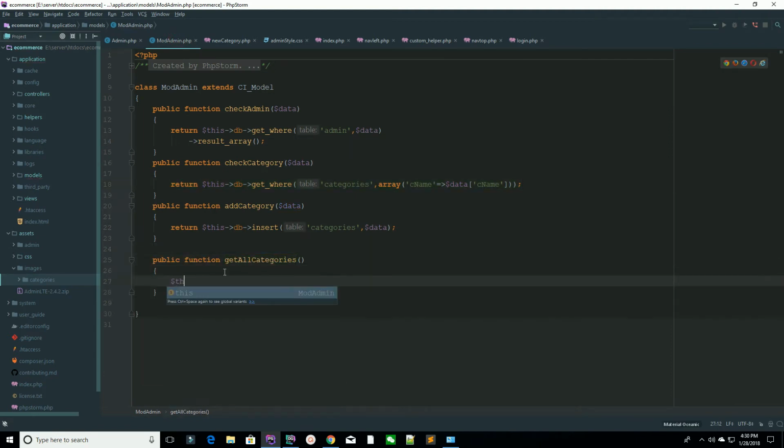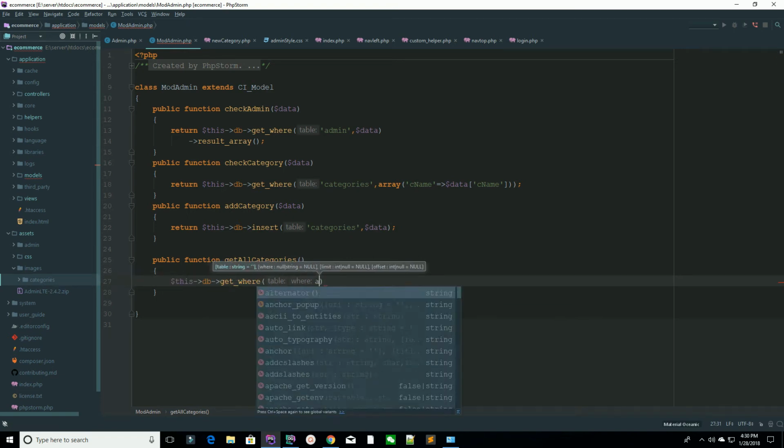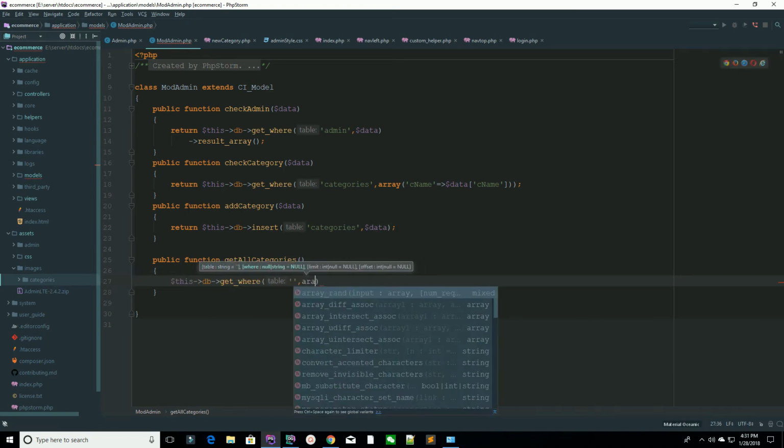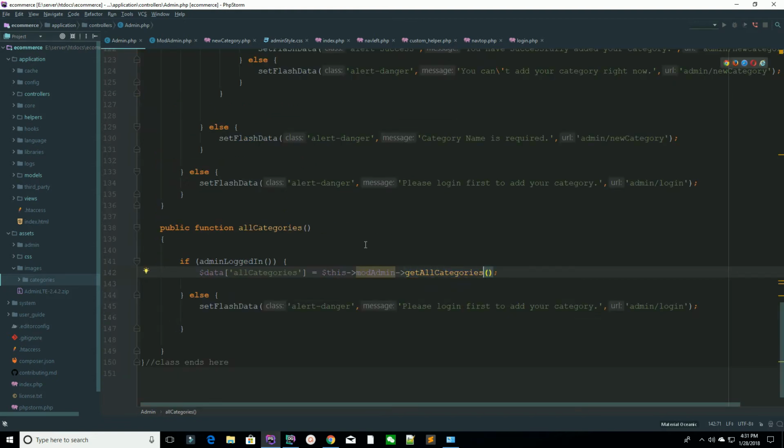And now I'm saying this db get. It takes two parameters. First is your table's name, second is your associative array. I'm saying where c status equals to 1, get all those records and return. Okay, so now